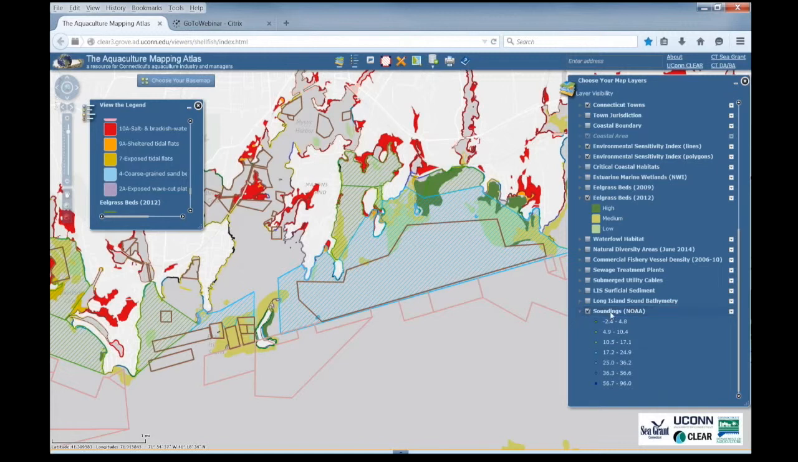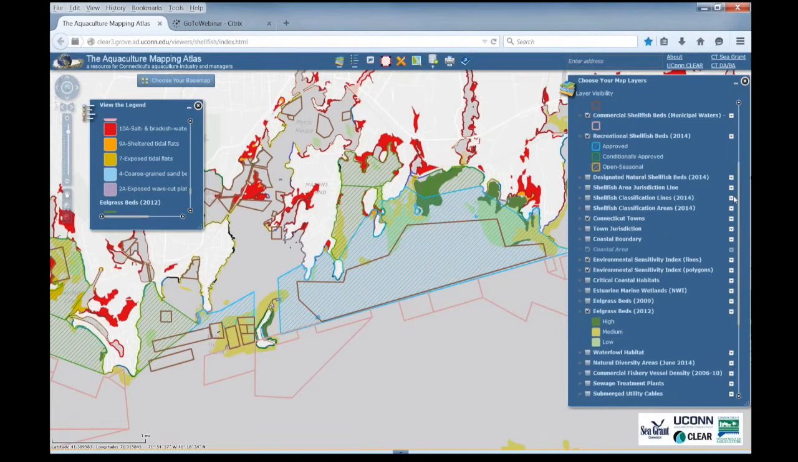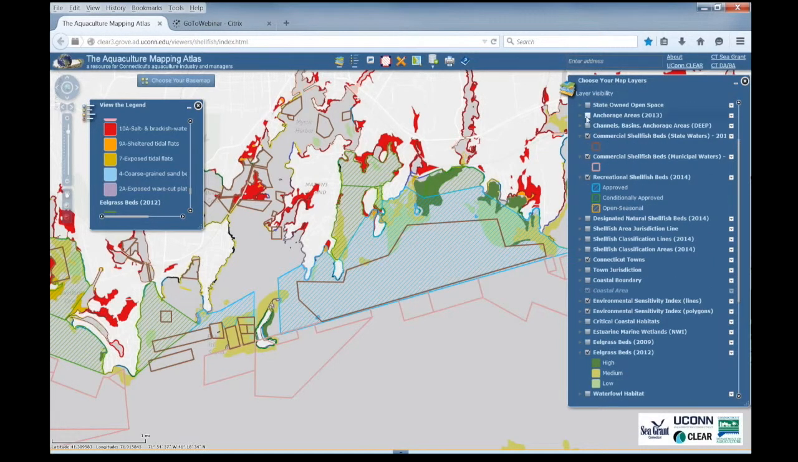So Cary, if you could turn on those anchorage areas. We have a lot of mooring fields throughout the Sound, and mooring fields have to be avoided. And so those are additional areas where aquaculture can't occur. So once we've eliminated all of these different areas where aquaculture can't occur, we start to think, where can it